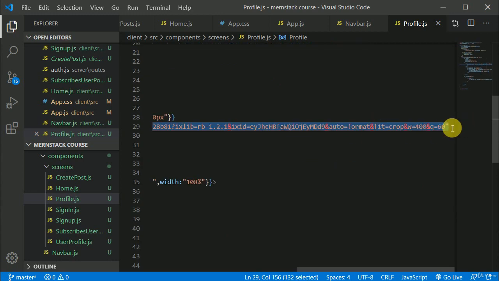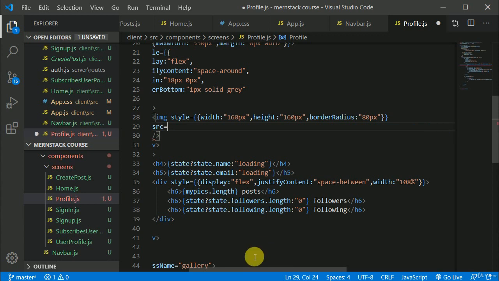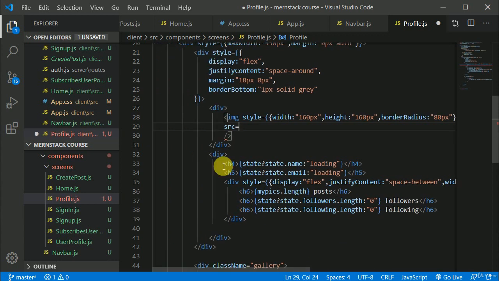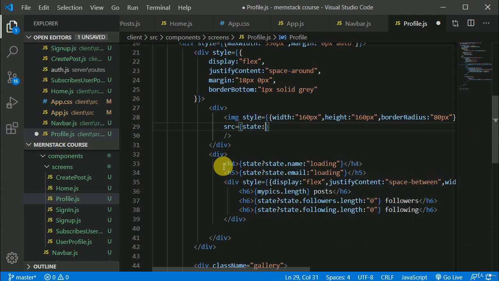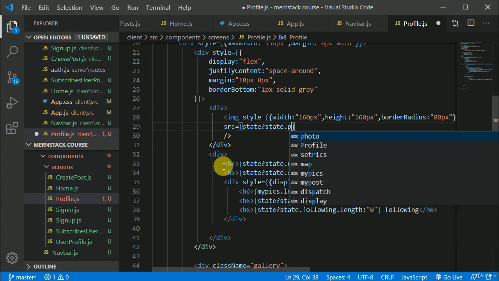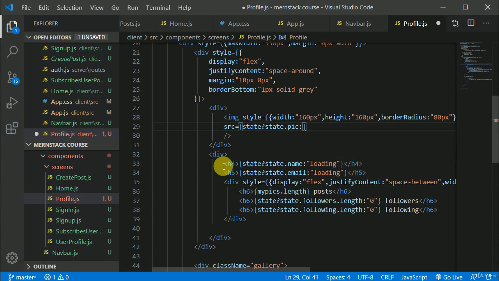So I can get rid of this URL now, and in here I can write, if state is available, then I can return state dot pic, else maybe I can return empty quotes, or maybe I can put loading text in here.